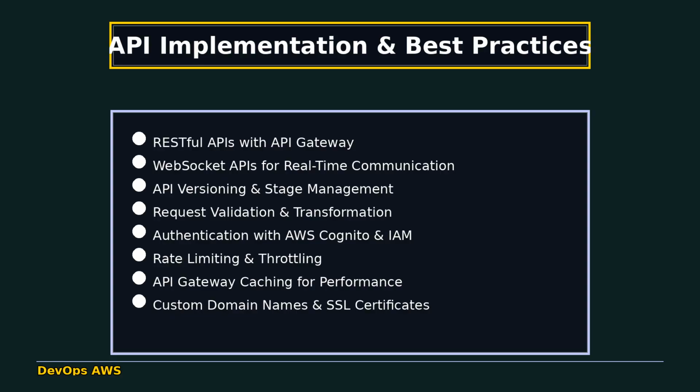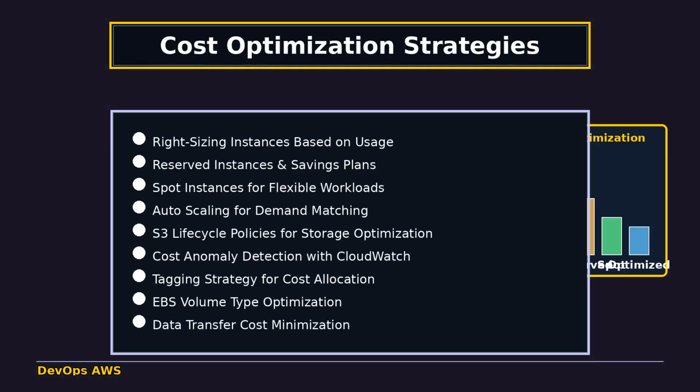API monitoring with CloudWatch and X-Ray for distributed tracing. Cost optimization strategies for AWS infrastructure: right-sizing instances based on actual usage patterns, reserved instances and savings plans for predictable workloads, spot instances for fault-tolerant and flexible applications, auto-scaling to match capacity with demand